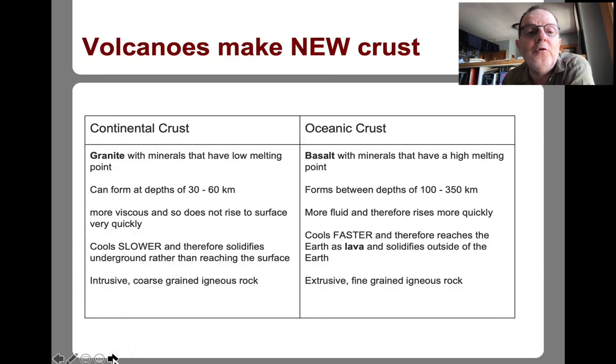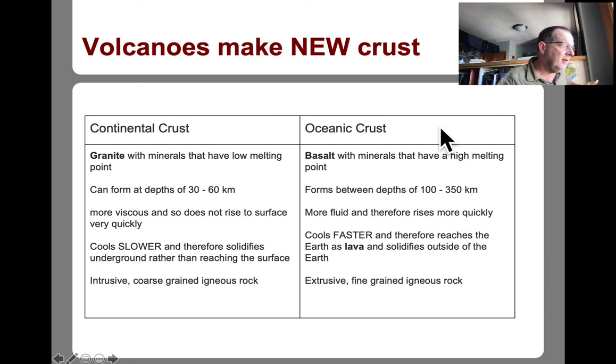Volcanism makes new crust, or volcanoes make new crust. It can make granite with minerals that have a low melting point, formed at a depth of 30 to 60 kilometers. More viscous and so does not rise to the surface very quickly. Cools slower and therefore solidifies underground rather than reaching the surface. Intrusive, coarse-grained igneous rock. So your continental crust is generally not associated with volcanism, whereas your oceanic crust and your